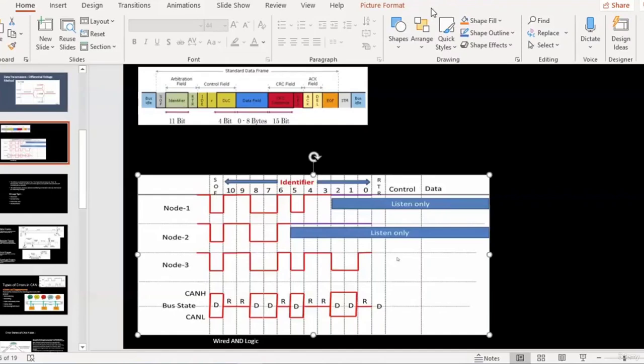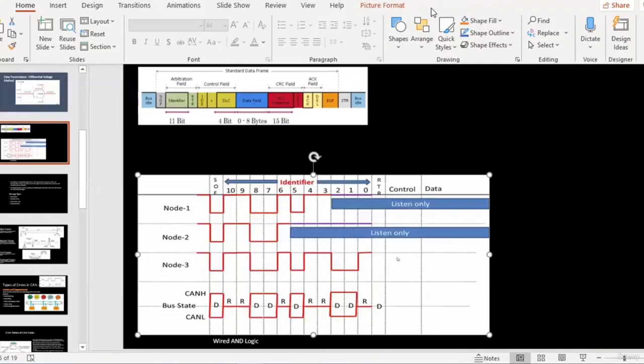Let's suppose an example in which there are 6 nodes which are trying to transmit. Let's say in an hour, every node would be given 10 minutes in which that particular node will transmit, and after the 10 minutes are over, the second node will transmit, and after 10 minutes the third node will transmit, and it will go on till the sixth node has transmitted in the whole 1 hour.